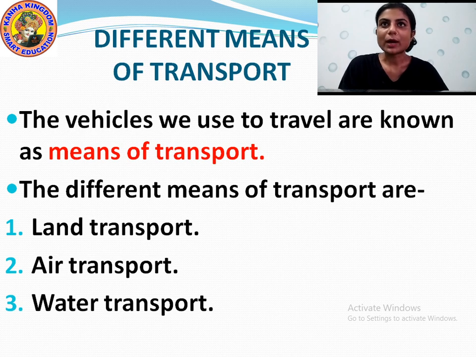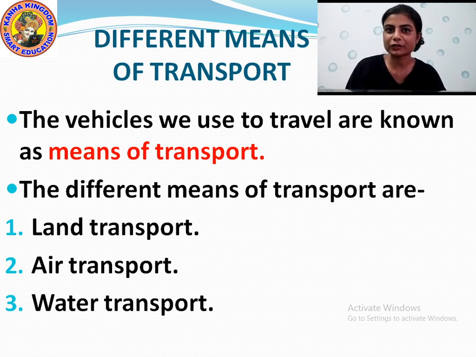And now students, what are the different means of transport? Transport means to move from one place to another. Okay. Now what are the different means of transport? The vehicles we use to travel are known as means of transport. What do you mean by means of transport? The vehicles that we use to travel from one place to another, that is known as means